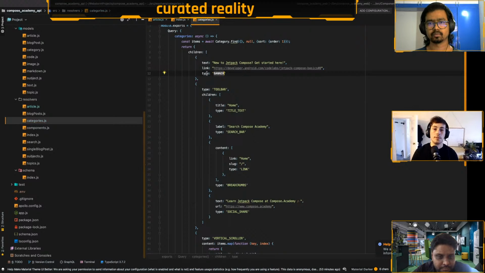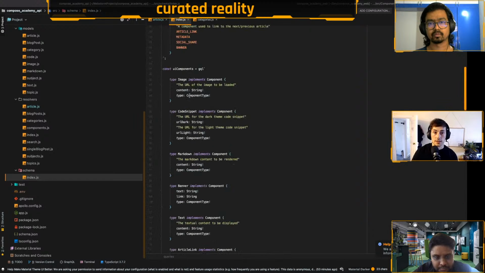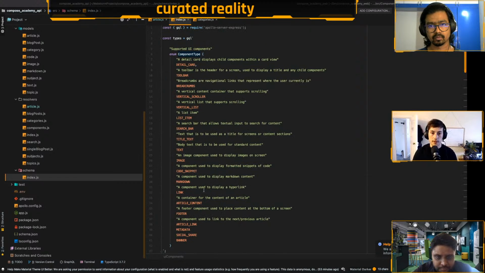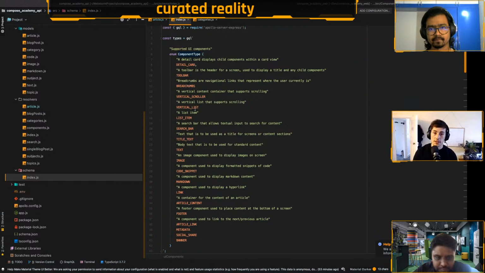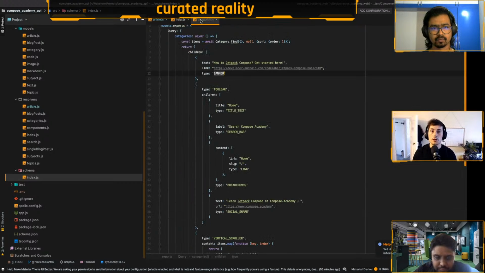So what happens here is when this resolver is returned, this actually gets mapped to the type that's in our schema. So this is the banner here, and this is done using enums. These are all defined up here, each of these enums. So this banner will automatically get mapped using this enum to this banner type. I won't go into the internals of how that works, but that's what's happening there, just using enums to do that.